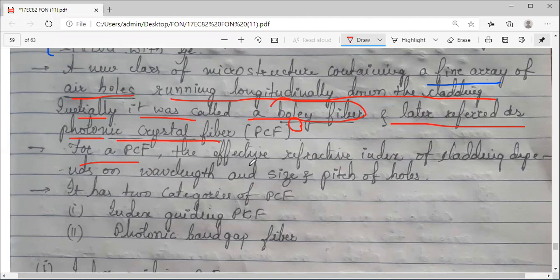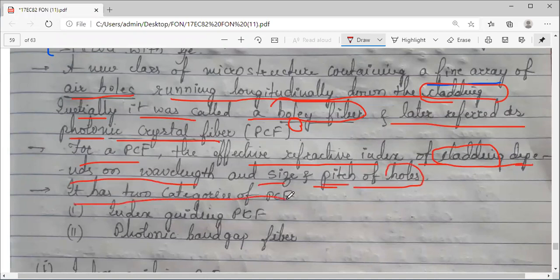So this effective refractive index for the PCF cladding depends on, I am using the word cladding again and again, because these air holes are in the cladding portion, the wavelength used, and the size and pitch of the holes. I will tell you what this pitch is once you see the structure.